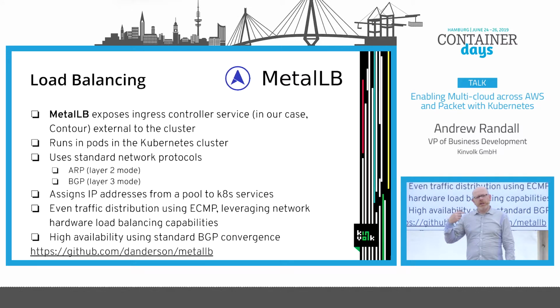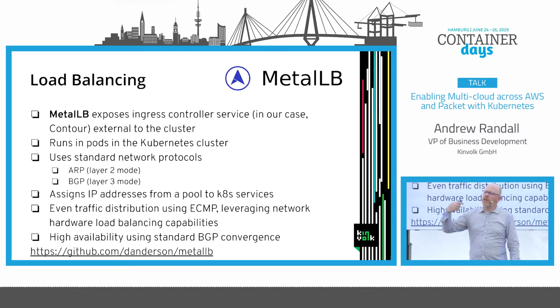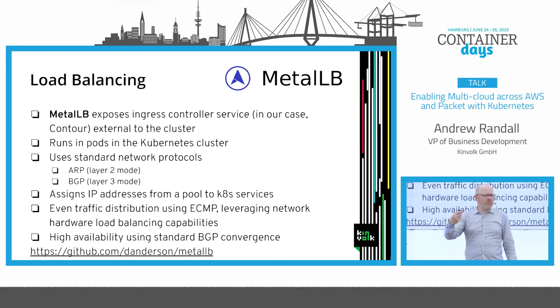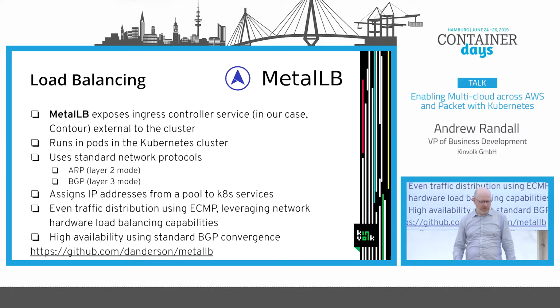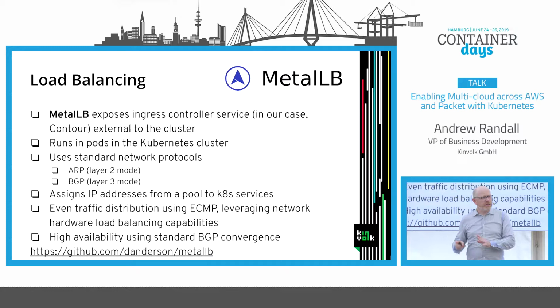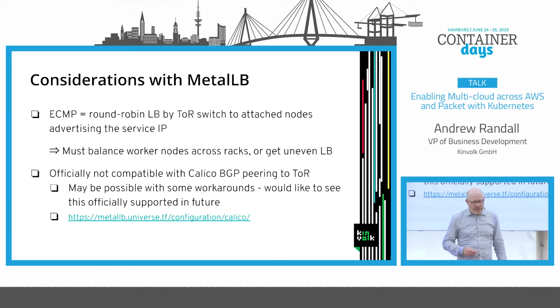It'll advertise these IP addresses of your services to the physical network via the IP routing protocols, and then you can use equal cost multipath routing (ECMP) running across all of those switches. If you're advertising the same address from multiple machines, the hardware will automatically load balance across them. So this gives you high availability using the BGP convergence, but it also gives you really high performance external load balancing. If you've not looked at this project and you have some bare metal applications, I recommend you do. There are some gotchas.